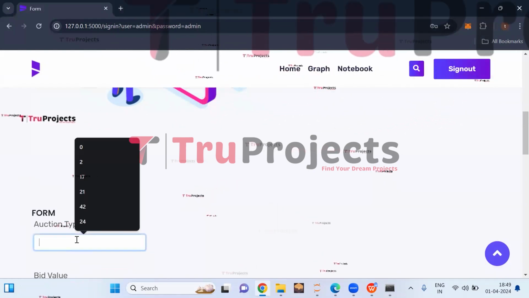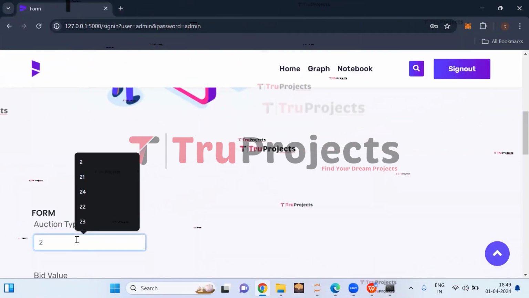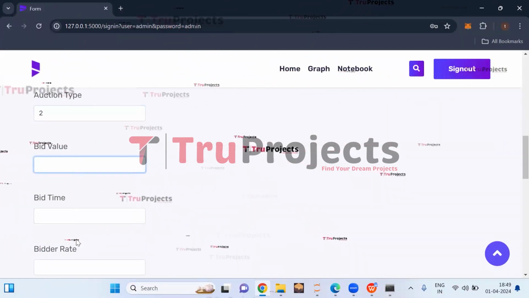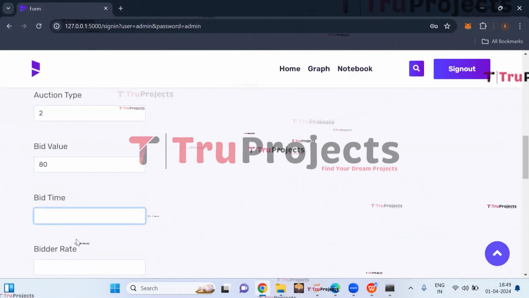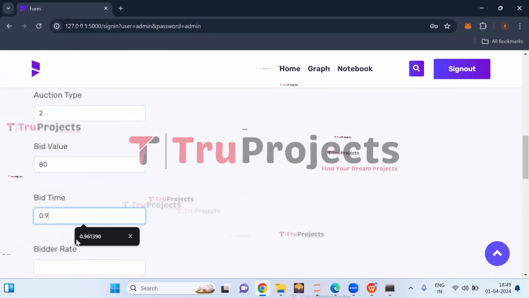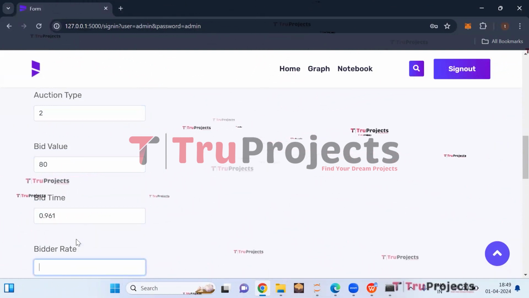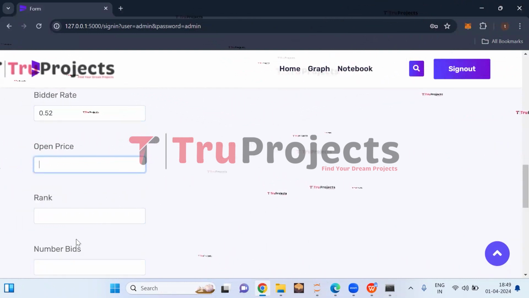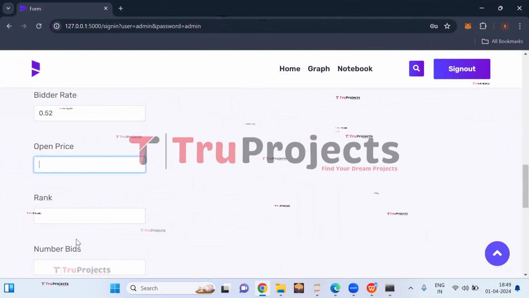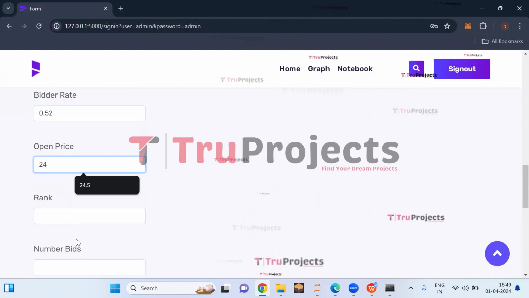So here the auction type is 2. Bid value is 80. Bid time is 0.961. Bidder rate is 0.52. Open price is 24.5.